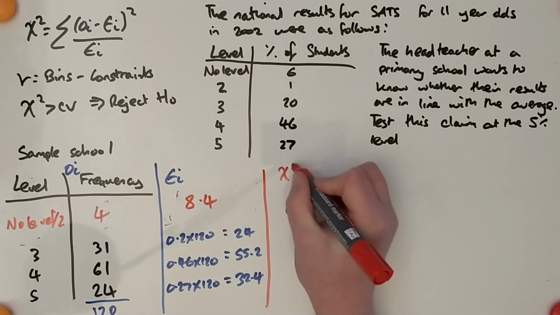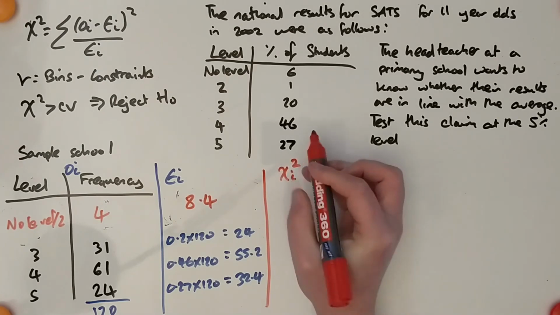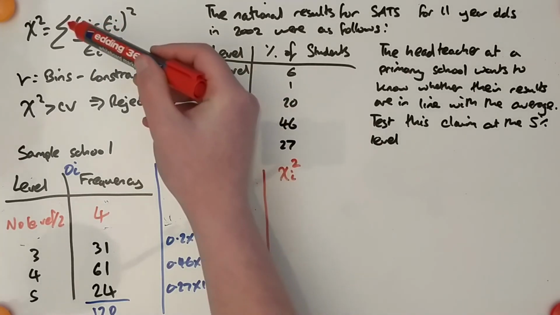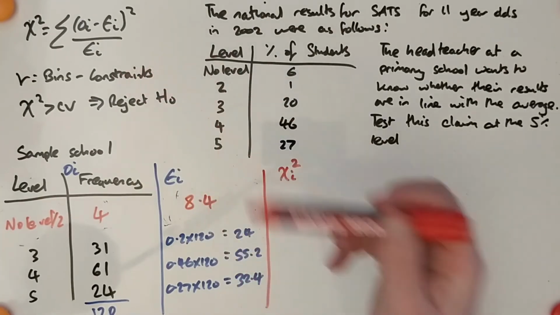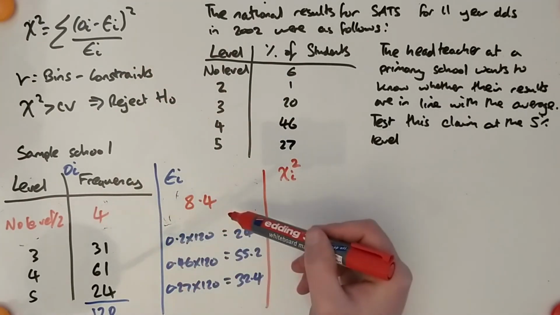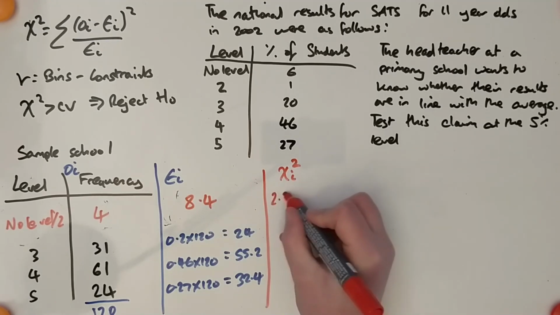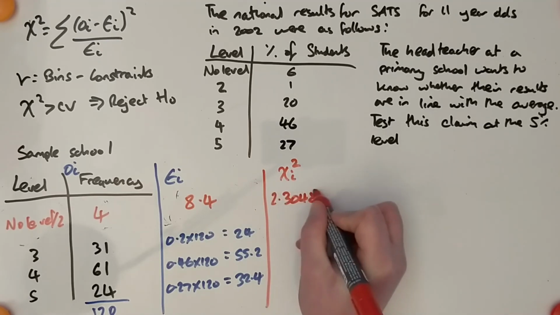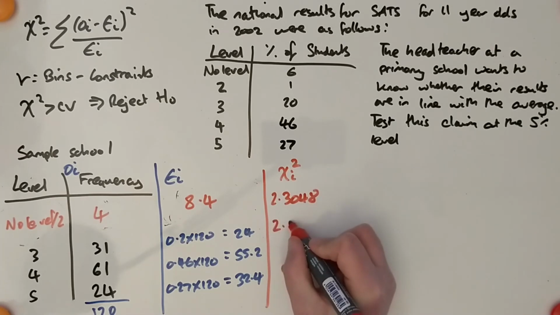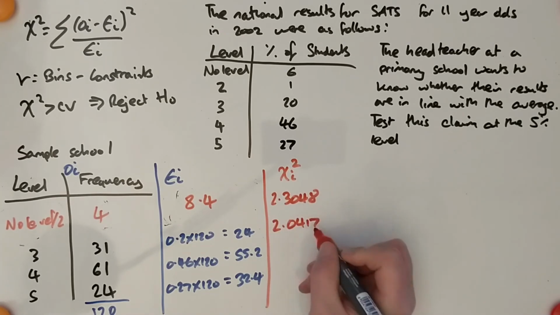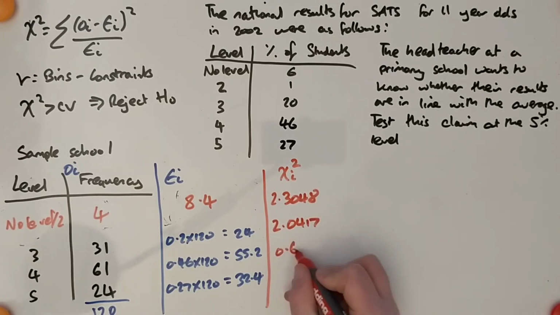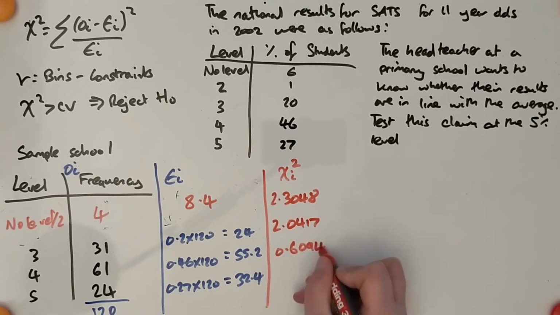Then I work out the chi-squared values as normal. So I use my normal formula, O_i minus E_i squared over E_i. So 4 take away 8.4 squared divided by 8.4. That gives me here 2.3048, 2.0417, 0.6094,